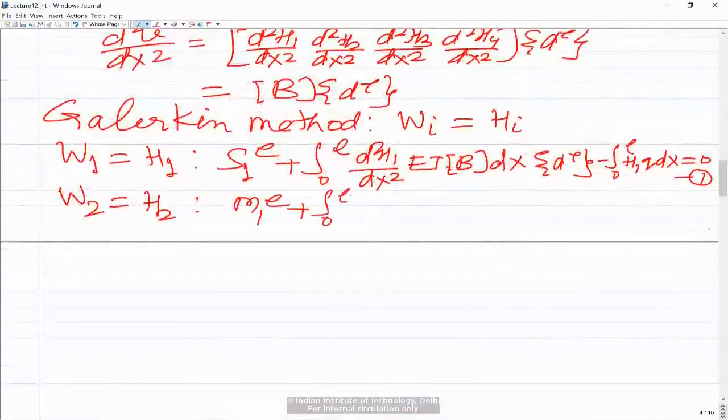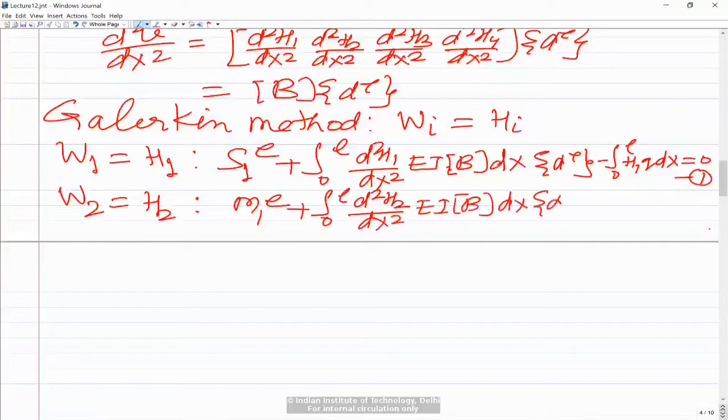integral 0 to L. Now w is h2, so we will have d2 h2 by dx square into EI into B dx into de, minus integral 0 to L h2 q dx equal to 0. So let us say this is equation number 2. And